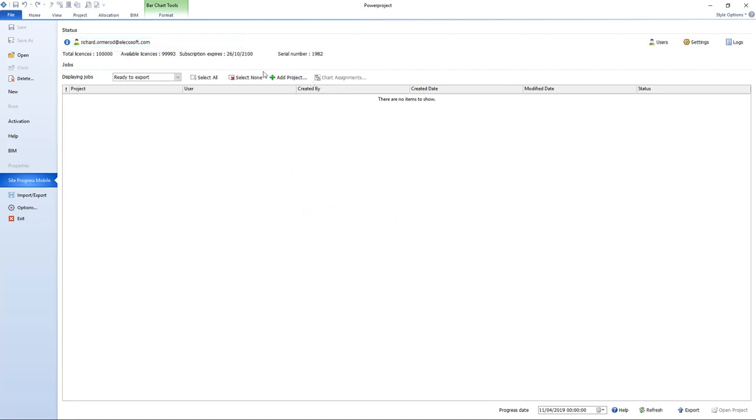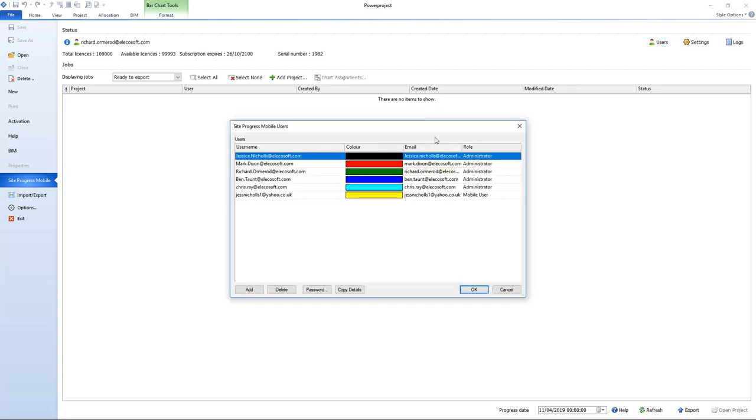Then we can see that we're connected to the internet and logged in now, because we've got license information at the top. This is your serial number. This is when your subscription expires. These are the total number of licenses and available. And then we have 3 buttons over here, but really we're going to look at these first 2, and the first one we want to think about is users. Who else is going to use the system? Both my colleagues who've also got Powerproject, and also those people who are going to update it remotely, and they could be the same people. So we're going to click on the user button,